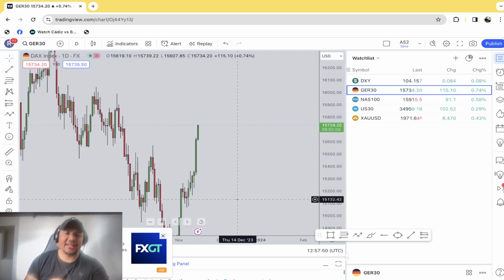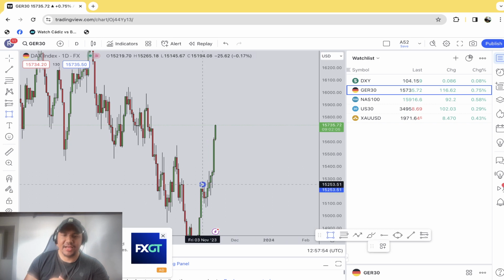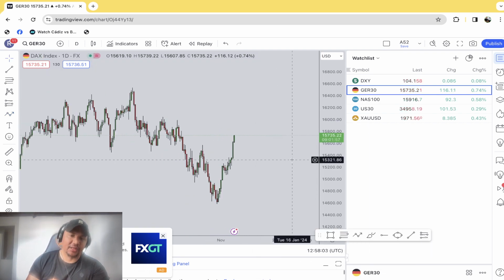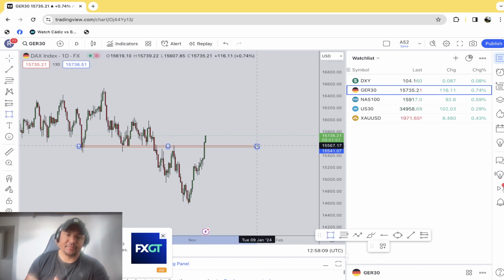German 30 on the other end has also been very aggressive. Okay, if you guys remember, I did the last breakdown on here. I said, wait for a clear break above structure, that pullback. This market basically started to run away as well, right? But what we have over here now is a market that has currently broken above this very important structural